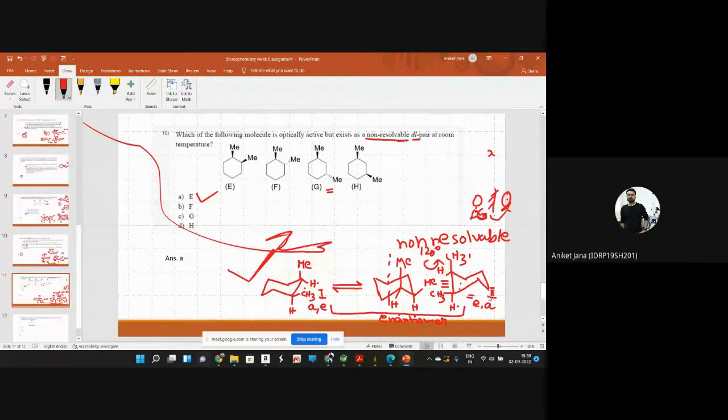Structures 1 and 2 are an enantiomer pair of each other, but they are non-resolvable. At ordinary temperature, they are interconvertible. Sir, can we resolve them at very low temperature? Yeah, that is experimental. You may resolve it, but as far as room temperature is concerned,